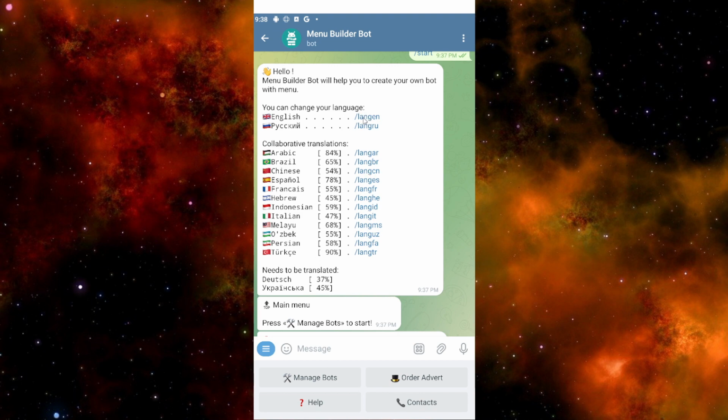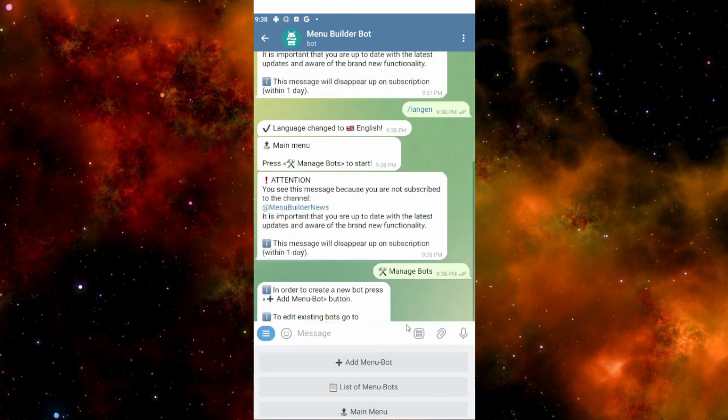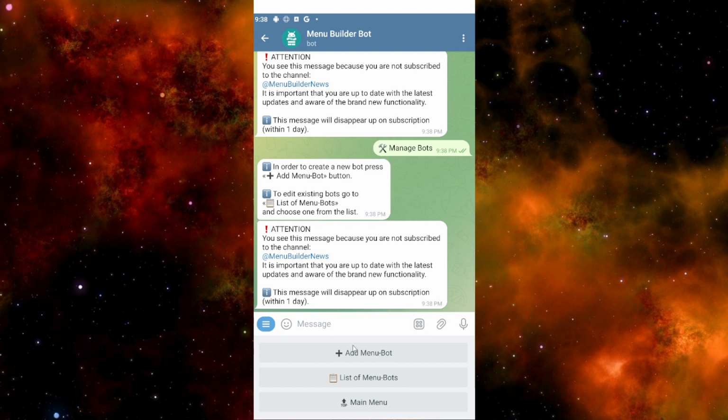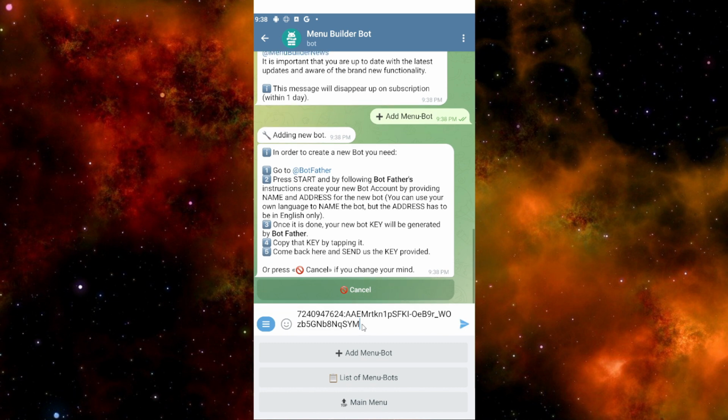So let's choose this one. We will click this one right here, and after that, click this manage bots right here, and after that, you will see this add menu bot right here, so just click it. And after that, paste the token key that we have copied from BotFather. So this is my code right here, so your token will be different from mine. So after that, just click send right here,